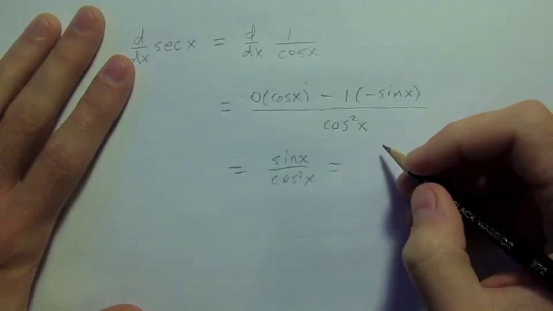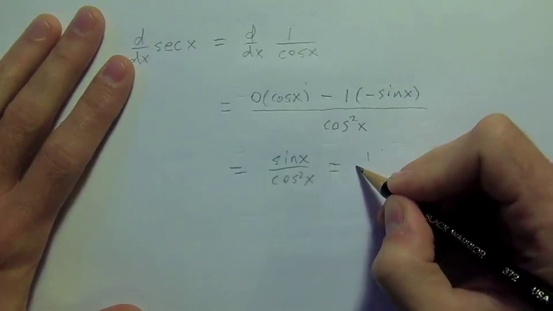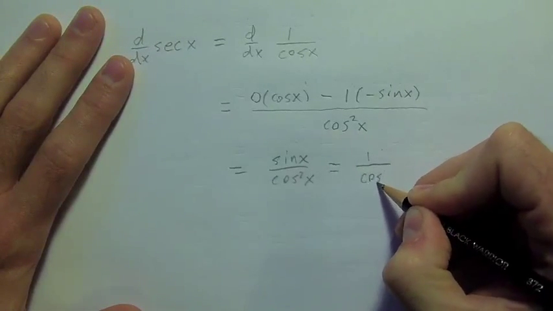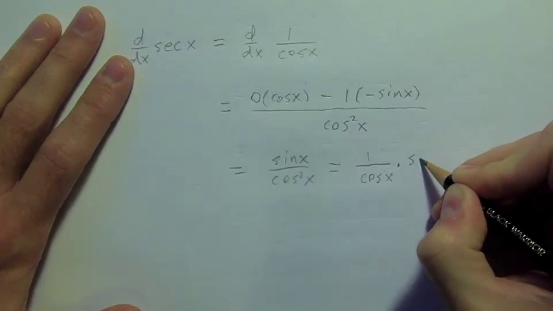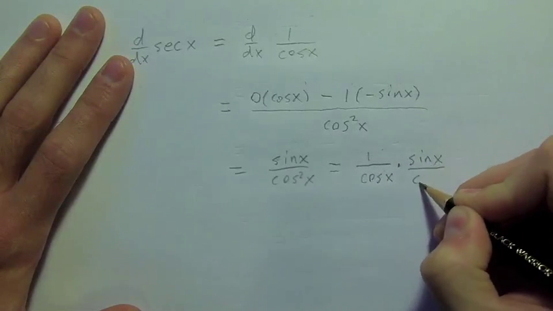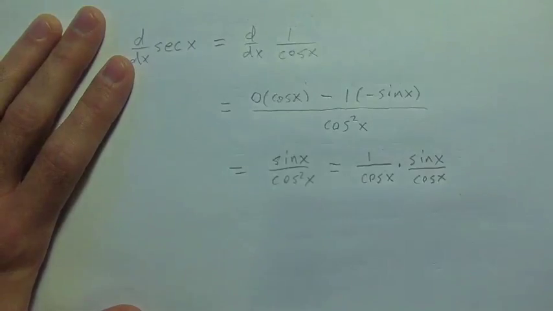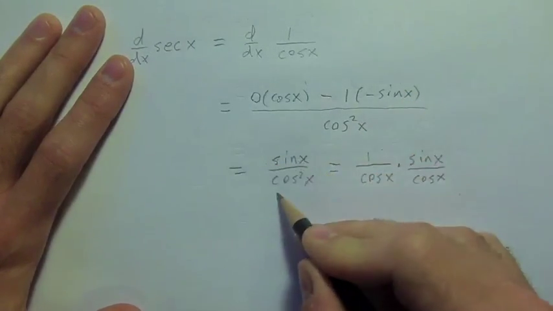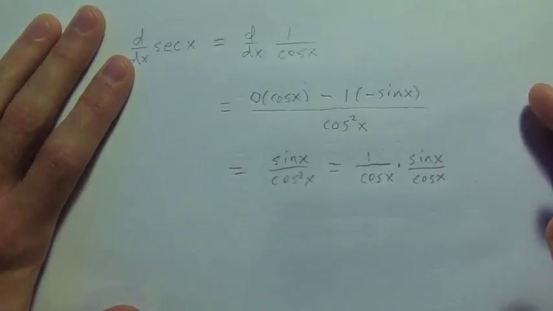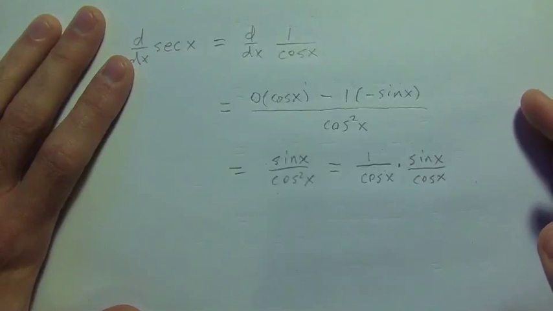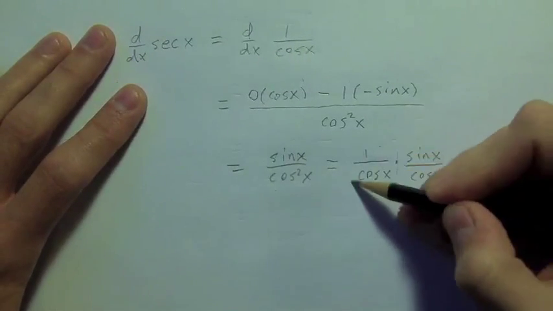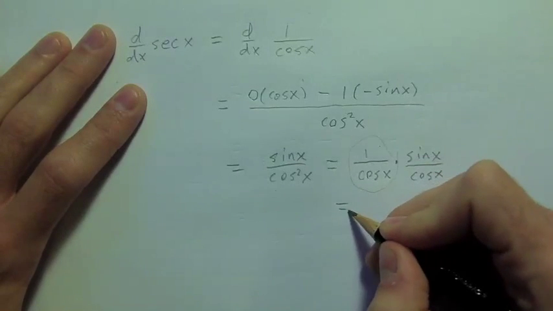So it breaks this up like so. It breaks it up as 1 over cosine x times sine x over cosine x. All right, because we essentially have a 1 times sine and a cosine times cosine. So you break up the fraction, and this is secant,